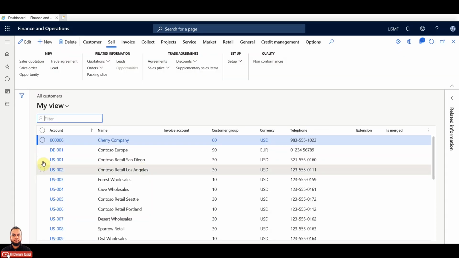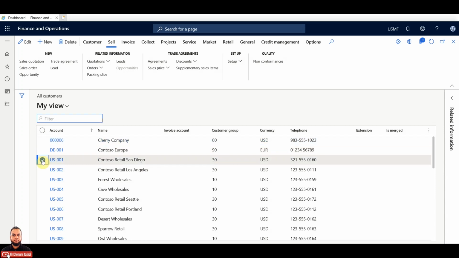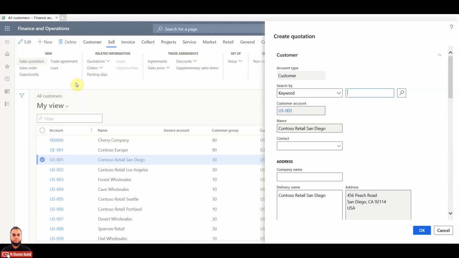For example, I choose this Contoso Retail San Diego, and here we can see at the top in the action pane of sale, there is a group of new, and there you can create a sales quotation and also a sales order. So once I click it,